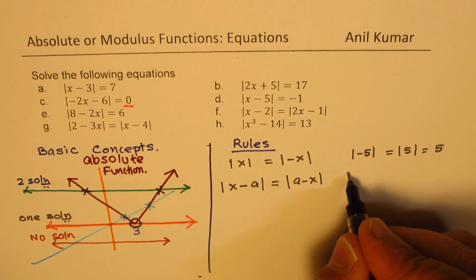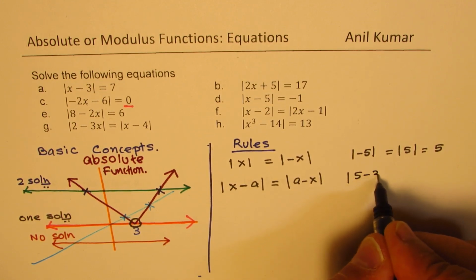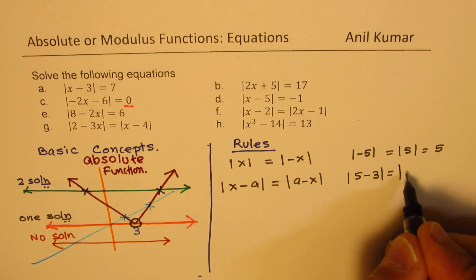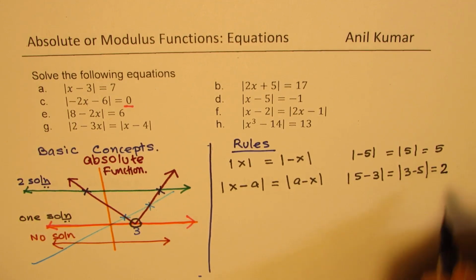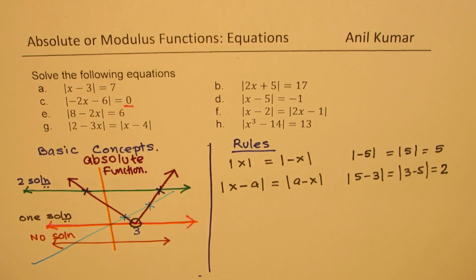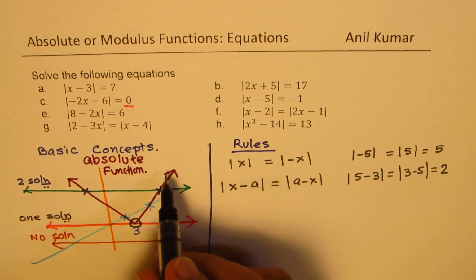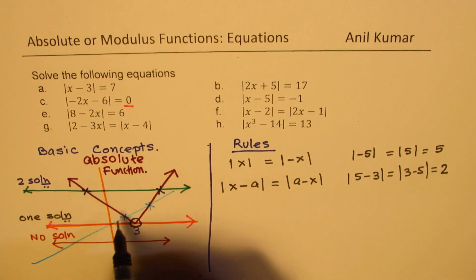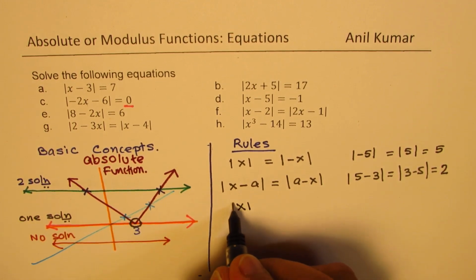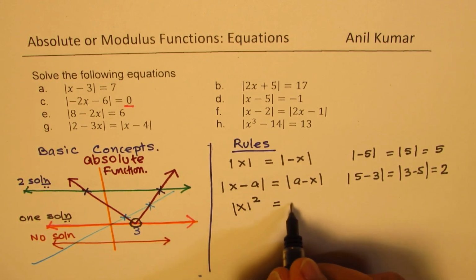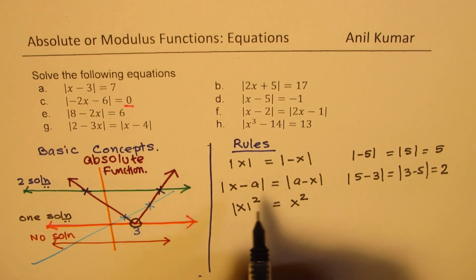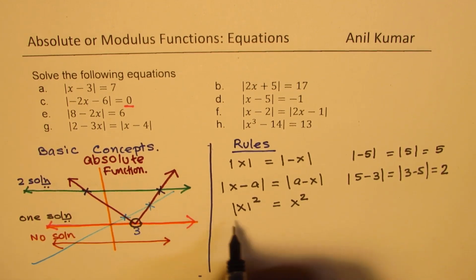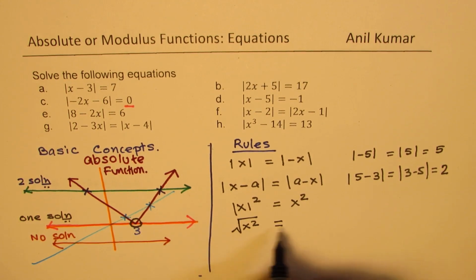For example, if I have absolute value of 5 minus 3, it is also equal to absolute value of 3 minus 5, and both are equal to 2. You get the idea, right? So this is very important. Second, since we are always looking into a positive value, absolute value of x whole square is equal to x square. On the other hand, if I have something like square root of x square, then that is equal to a positive value,